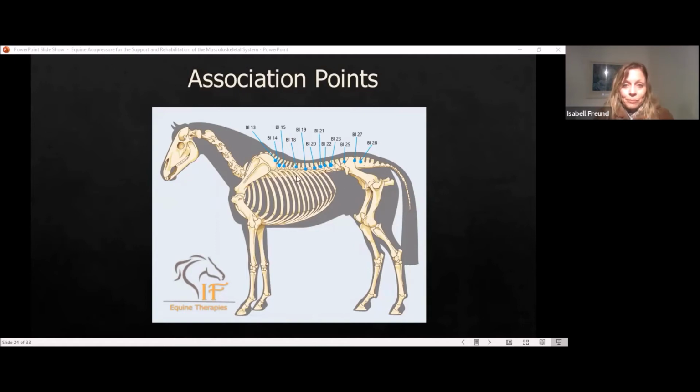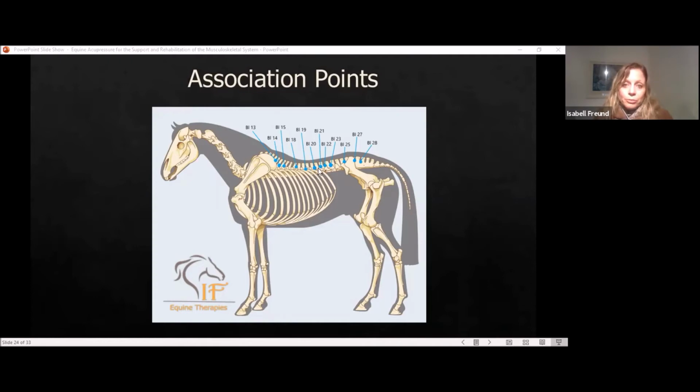So we go to them again. Bladder 18, the one for the liver, and bladder 19, the one for the gallbladder. These points you could use if you have any tendon and ligament issue, but also if there are problems with flexibility of muscles. Then bladder 20 and bladder 21, the spleen and the stomach, particularly for